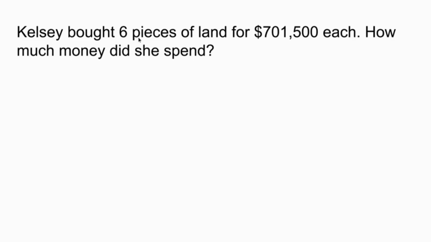Kelsey bought 6 pieces of land for $701,500 each. How much money did she spend? All right, well, if she buys 6 groups of things that cost $701,500, you're going to multiply these two numbers together. So we're going to do 6 times